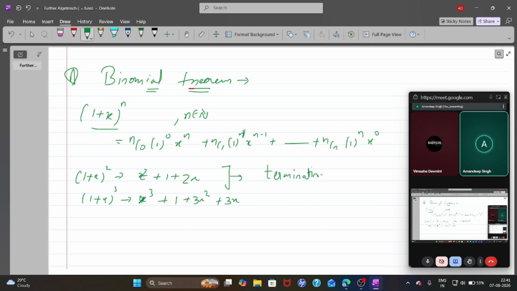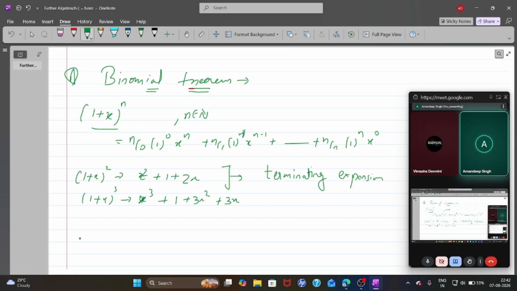So that means what we have learned in grade AS. When we had 1 plus x to the power n, where n was a natural number, we were getting the terminating expansion. That means there were a finite number of terms in the expansion, right? But in A level,